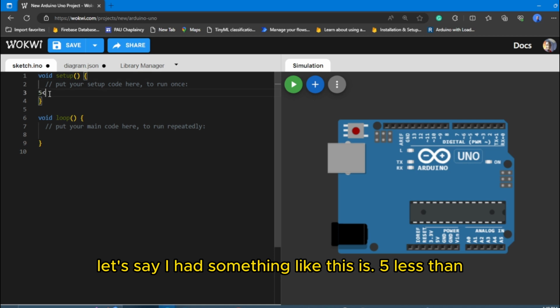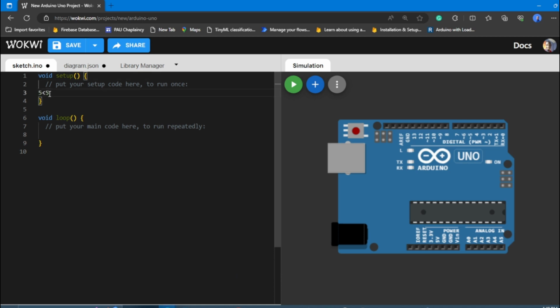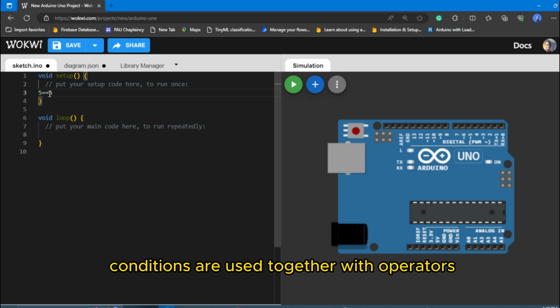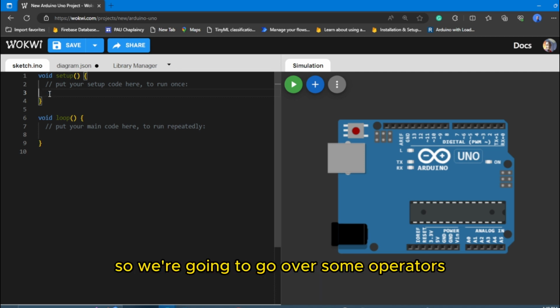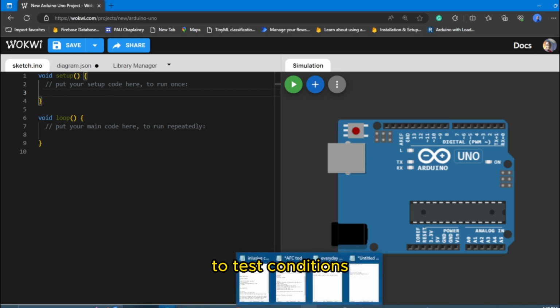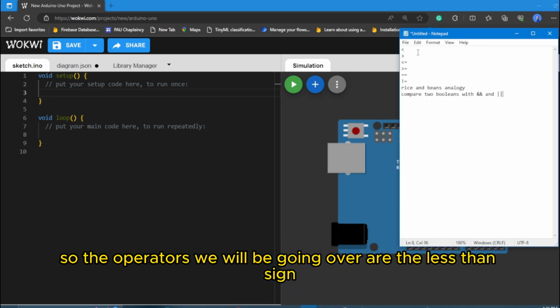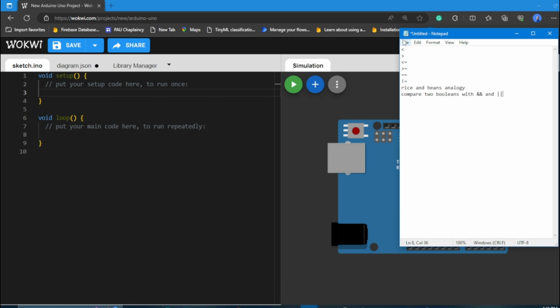5 less than 5 is a condition. 5 equal 5 is a condition. Those conditions are used together with operators. So we're going to go over some operators to test conditions. The operators we're going over are the less than sign, greater than sign, less than or equal to, greater than or equal to, the equal to sign, the not equal to sign, which is one exclamation mark here, and we'll go over the and, or